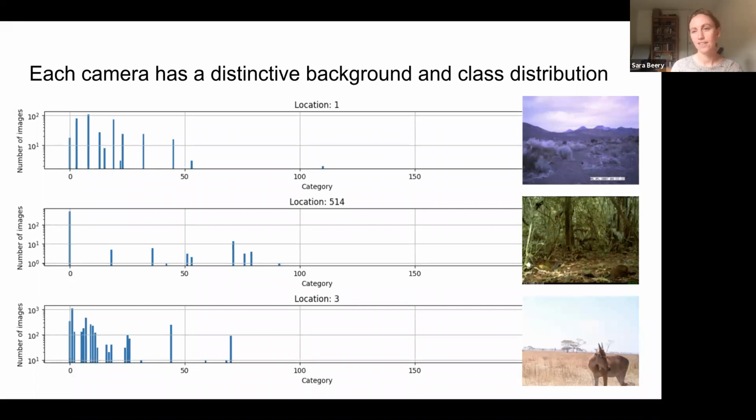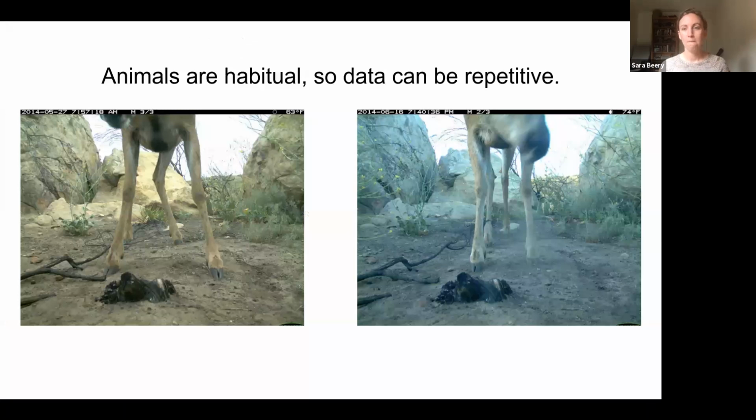And then what you have here, and this is like that IID thing, every single static camera has its own distinctive background, so its own distinctive pixels that are somewhat fixed, as well as its own micro habitat of species that you see, its own distribution over the class set. And the reason for this is that animals are actually very habitual. So here, these images were taken a month apart. And what you can see is that this deer is just coming back. This is some type of game trail. And these images, for images that are a month apart, look very